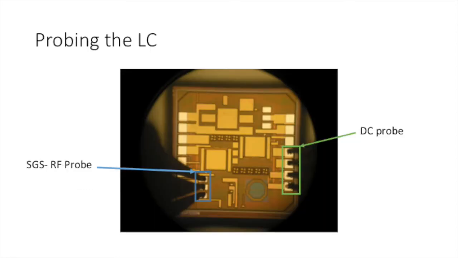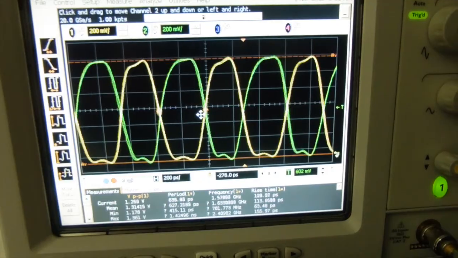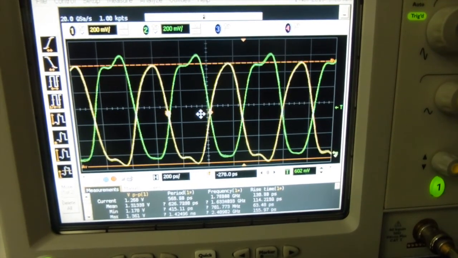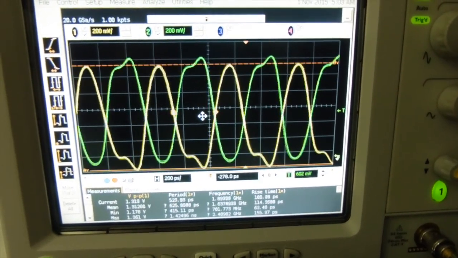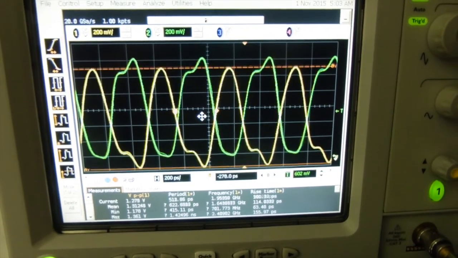For this, we will have a voltage supply for biasing the system, and one more voltage supply to vary the control voltage of the variable capacitors, effectively changing the oscillation frequency. All of these are applied to the chip through the 4-point DC iPass probe. To measure the output, we will use SGS RF probes due to the signal being differential. As we will see now, the frequency will start to change as the control voltage is slowly ramped up from